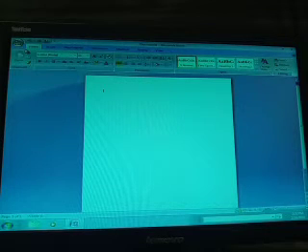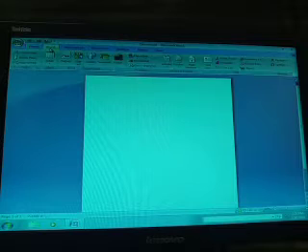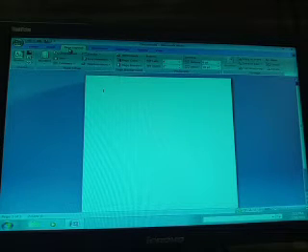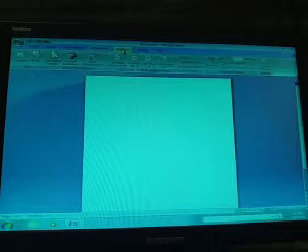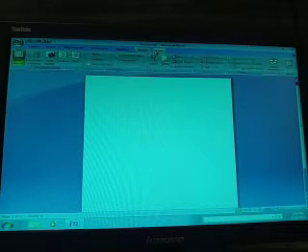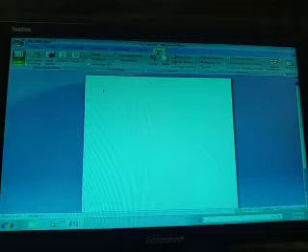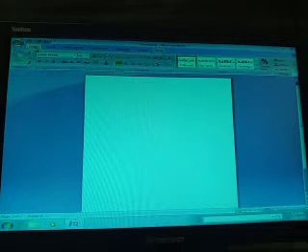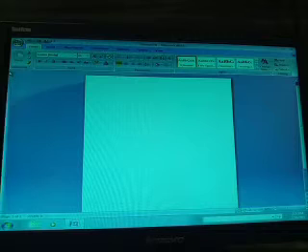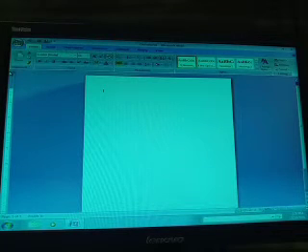Afterward you can see here is the home tab, here is the insert tab, here is the page layout tab, here is the references tab, and here is the mailings, review and view. So by using the tabs and this area from here till here, you can see this area is called the ribbon of the screen. So this is the ribbon area, and when you have clicked on the home button, you will find lots of tools. When you have clicked on the insert button, you will find lots of tools.